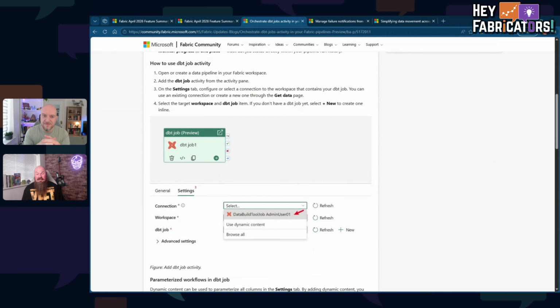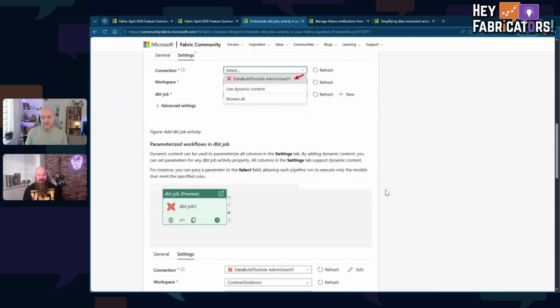But this particular element is the fact that you can add it in a pipeline. So DBT support has been there for a little while, but there was no clear way to orchestrate that without triggering it from a notebook of some description. Whereas now there's a specific task for it inside of your pipelines, which is pretty cool. Any thoughts on DBT, Craig?